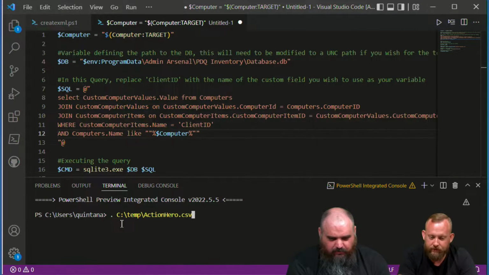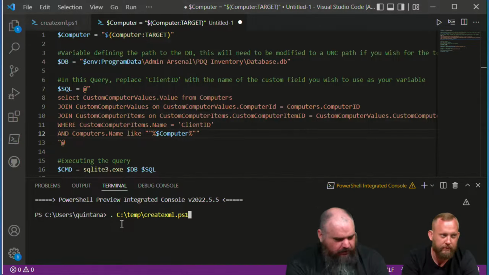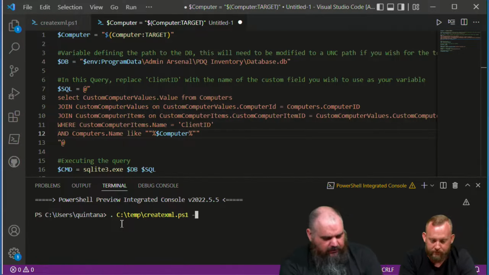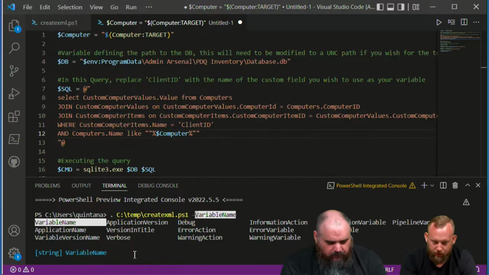I don't know what I named it, so I'm just going to tab through till I find it. Was that it? Add group? No. There it is. Was it create XML? Yes, it was. All right, so we're having the temp folder do this create XML PS1, and then if you hit one of the attributes, you have variable name, okay, name of your variable,